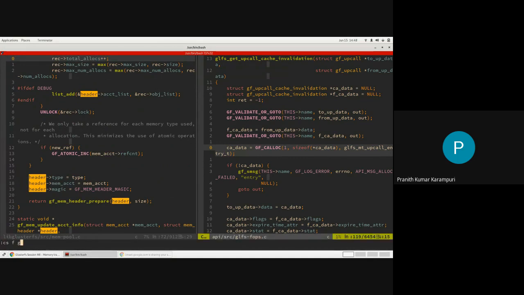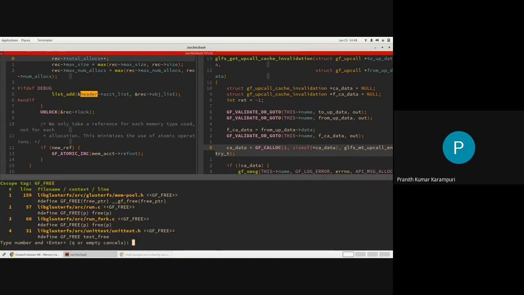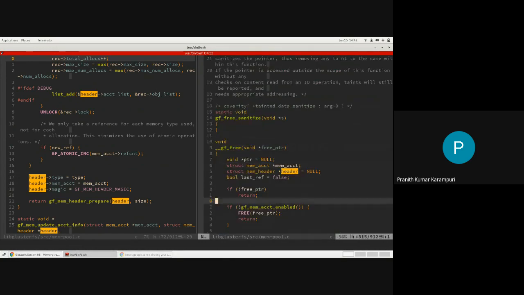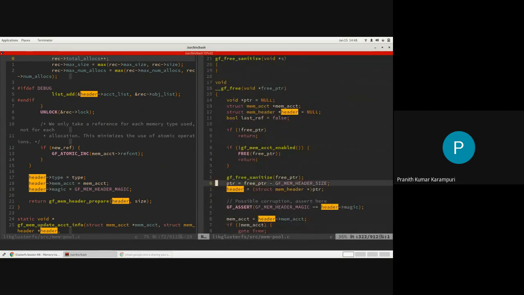After this is done, GF3 is the function to do the free. And here we actually get the header pointer from the given pointer by decrementing the pointer based on the memory size.